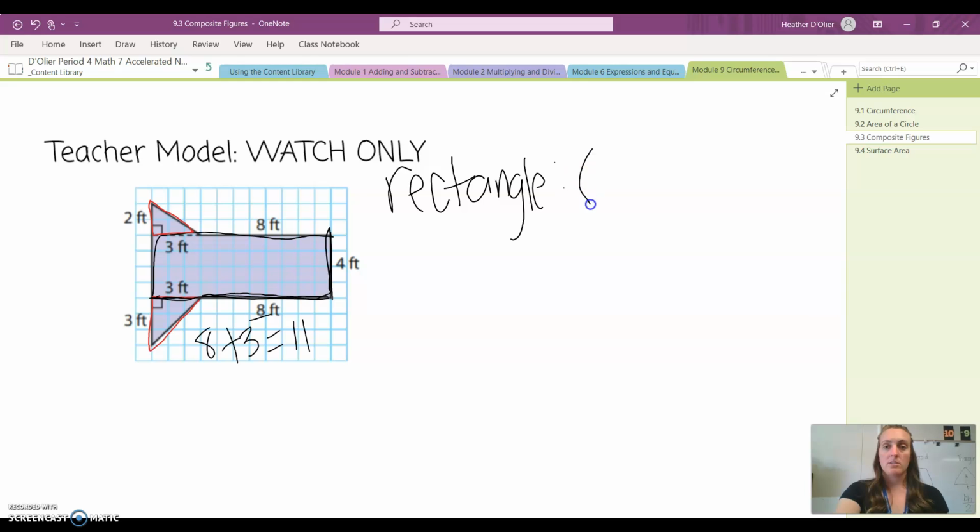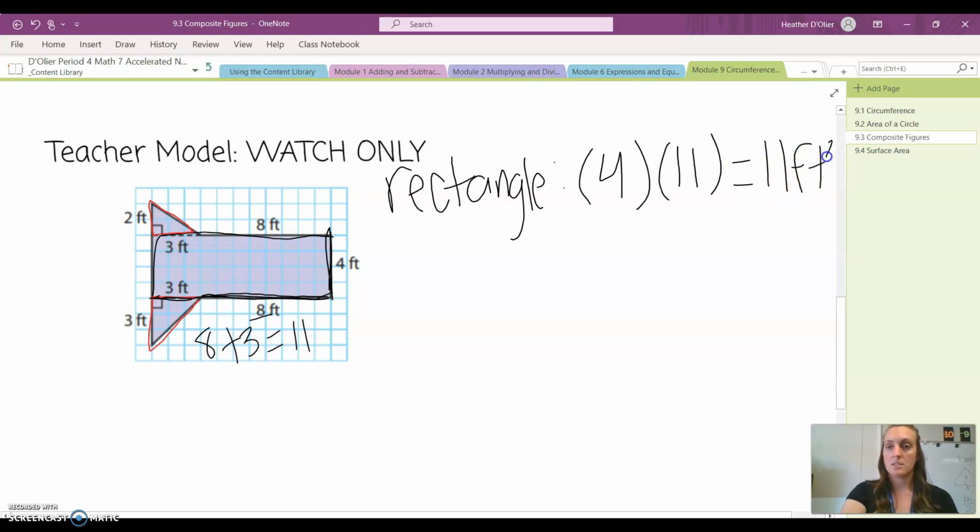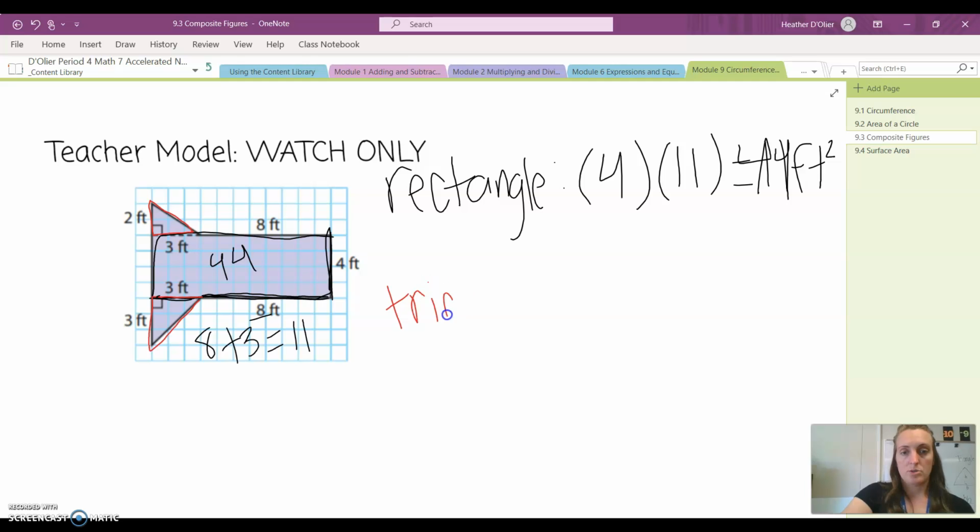So this rectangle is 4 times 11, which equals 44. 44 feet squared. 4 times 11 is 44. So the inside here is 44 feet squared. Now I need the two triangles, okay? So I'm going to change my color so you see that I'm referring to the triangles. And I'm going to do triangle 1, triangle 2. So triangle 1,